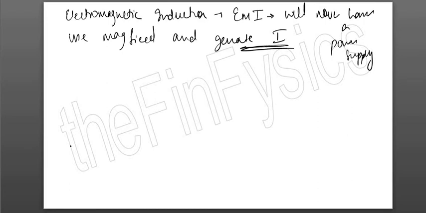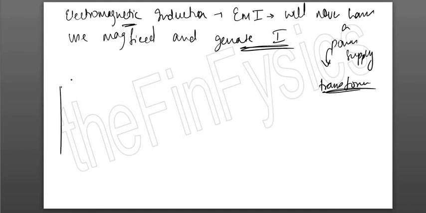So if you have a coil with a power supply, remember it is about electromagnets. If you have a coil with a magnet near it, then it is about electromagnetic induction. Any question on electromagnetic induction will never have a power supply except for transformers. So transformers is one exception.